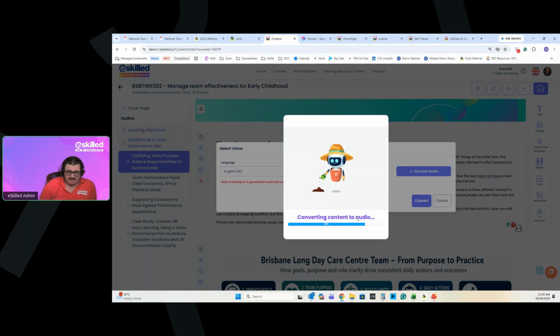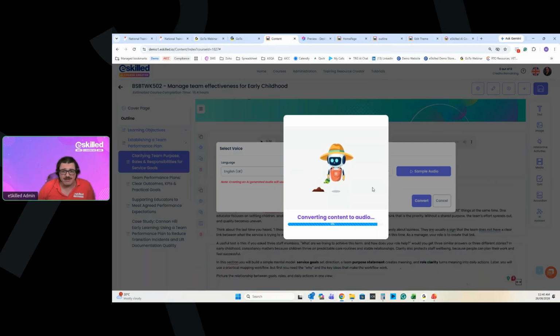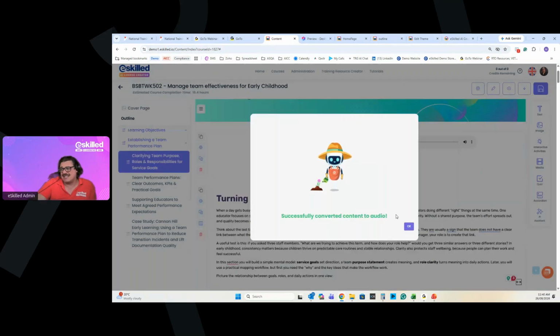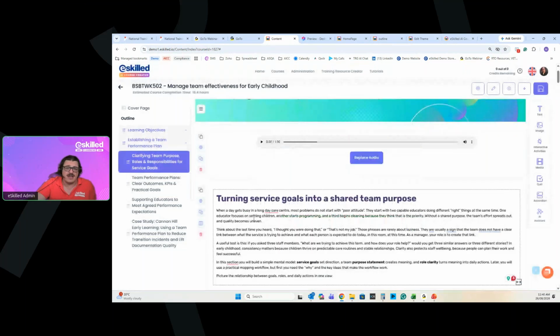But again, some voices are more robotic than others. So just have a play, see what you like. You can always add your own audio in there as well if you don't want to generate the content, because that also uses generation credits. So if I hit go,